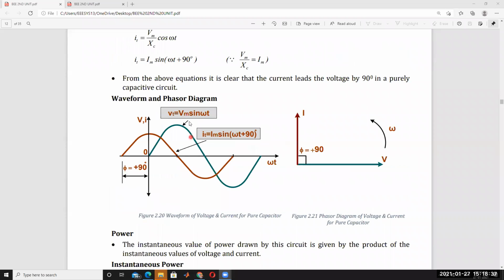So the waveform and phasor diagram. Voltage, as it is, starts from 0 onwards in this manner. But current is It is equal to Im sin omega t plus 90 degrees. Okay. So starting from here onwards, before 0 onwards,